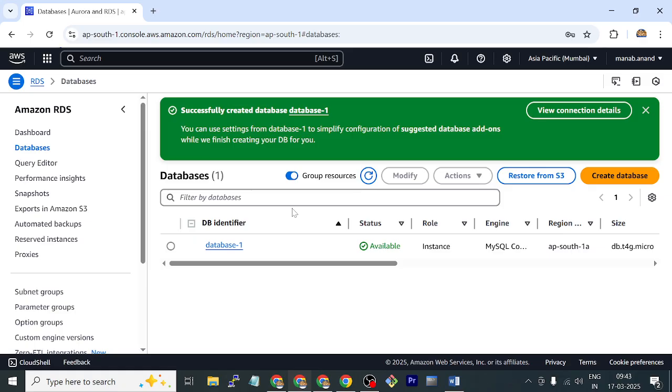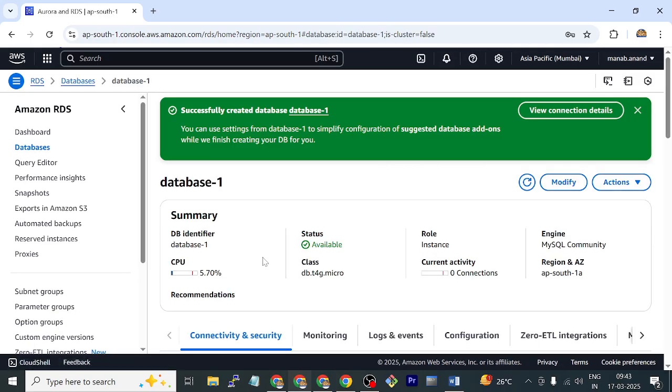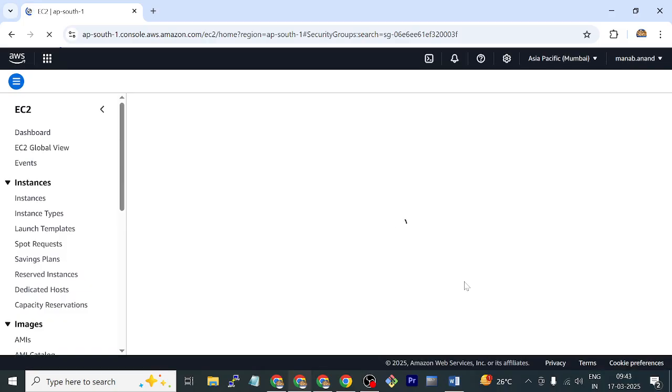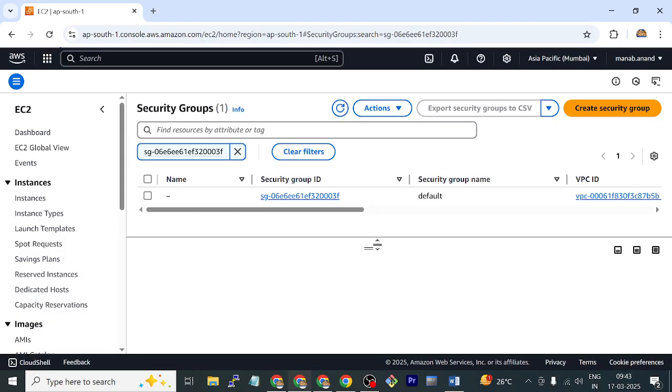Database creation is over. Last option is backing up. Once backup is over, then it is showing that available. Now just click on the database. It is going to show all the information of the database. Now in security group, that is most important, because for connectivity purpose security group is important. Just click here and check it, what is the